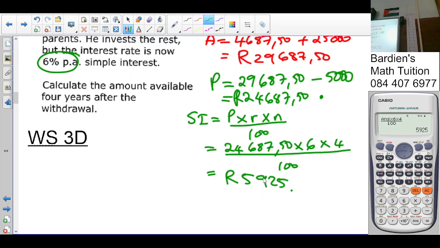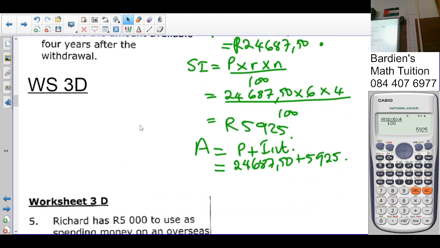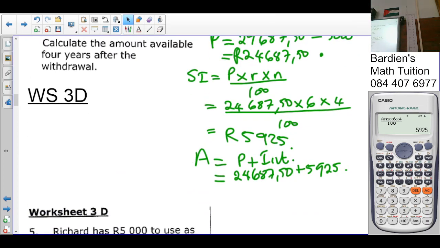So what do we do now to get the final amount? A is equal to P plus I, your P plus your interest, not so? So it's going to be 24,687 rand and 50 cents plus 5,925. You all agree with that? So that gives us an answer of 24,687.5 plus